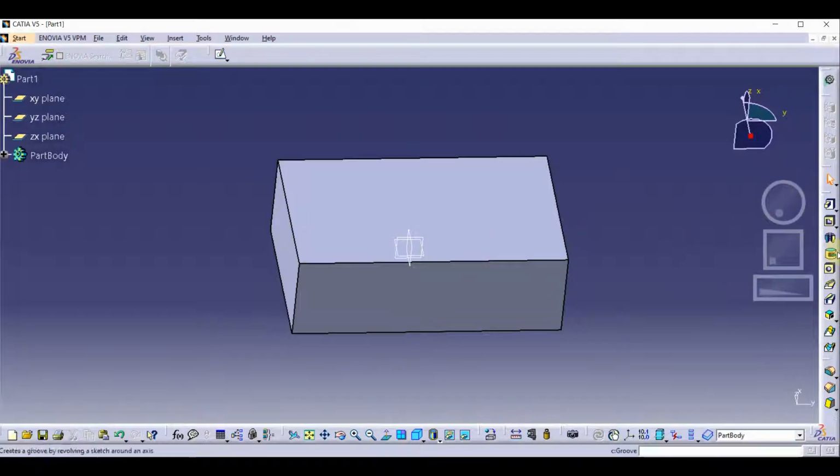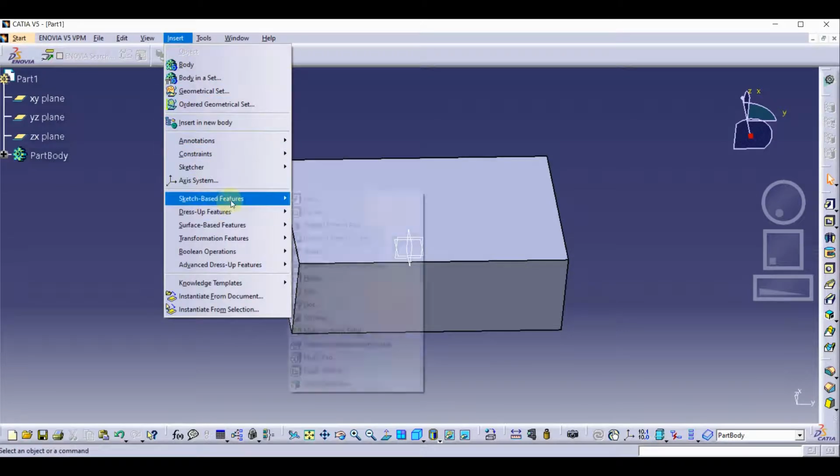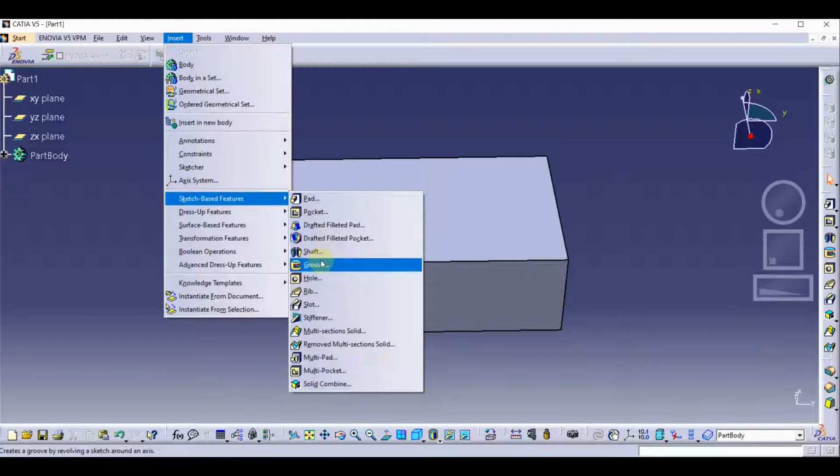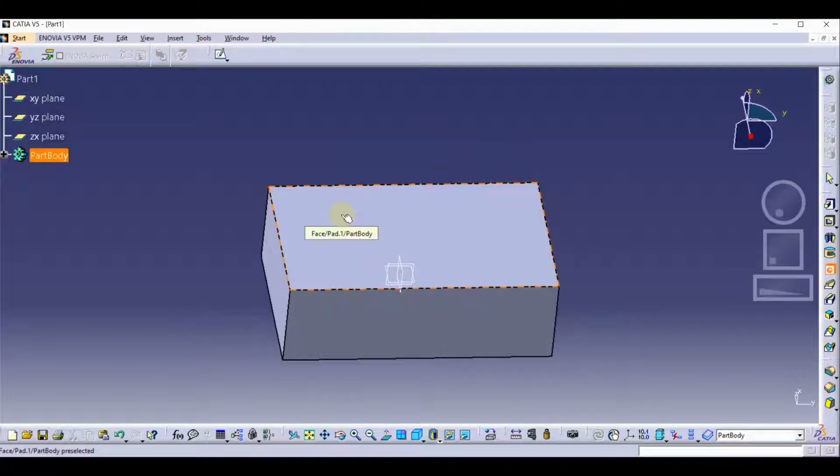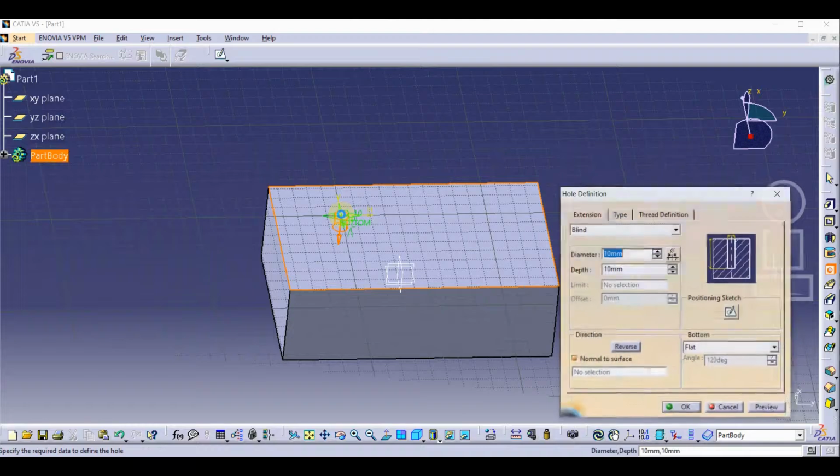So you can see, you can find the tool hole below the groove, and also you can find this tool. Go to main menu, insert, and sketch paste feature. Okay, now we are going to click on the hole and simply I'm going to select this face, and as you can see the window has been opened, and let's